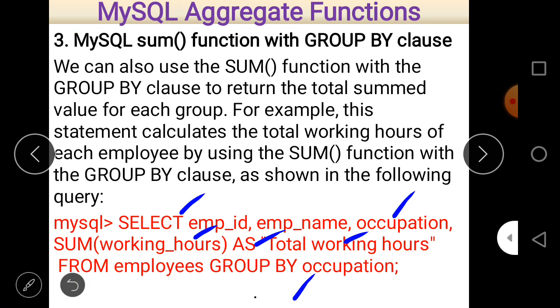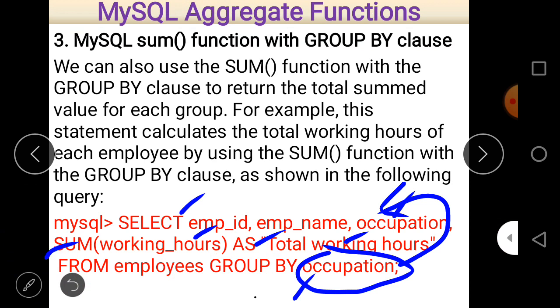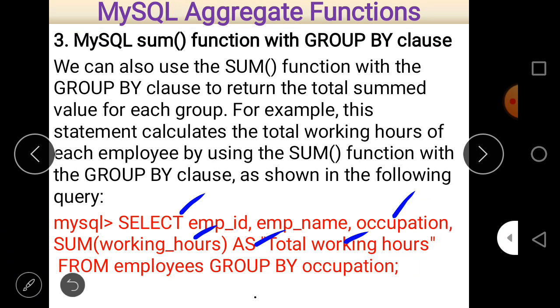So always try to put the column name on the basis of which the group is formed, and then the formula or the aggregate function which calculates as per the question's requirement, whatever it may be, the sum or count or min or max or average. So these 2 fields are required.